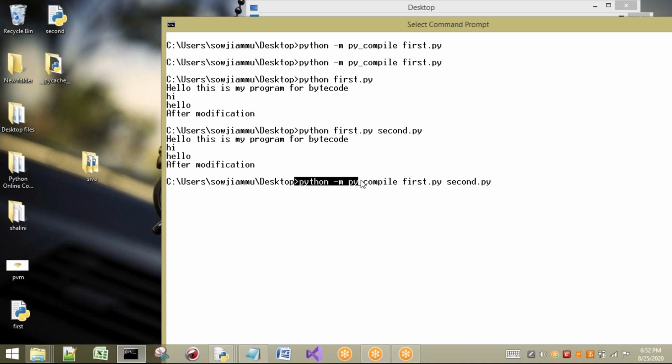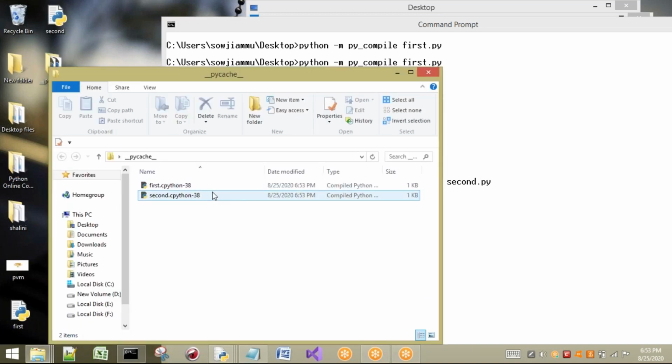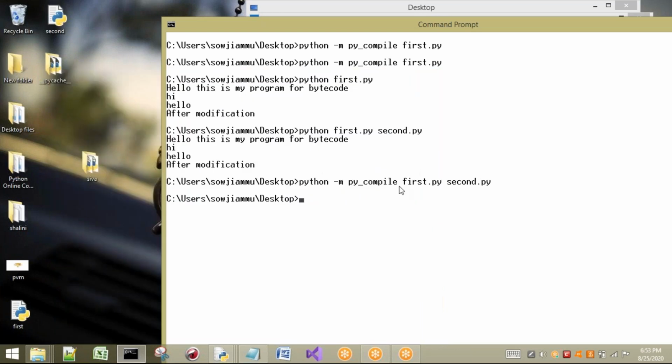So now see what this statement means. It means I am Python, I am ready to compile Python files. How many files? Give first file, second file, third file, and any number of files. Don't worry about that. Okay, press enter. After compilation is over, .pyc files are created. So these are the multiple ways to create a .pyc file.